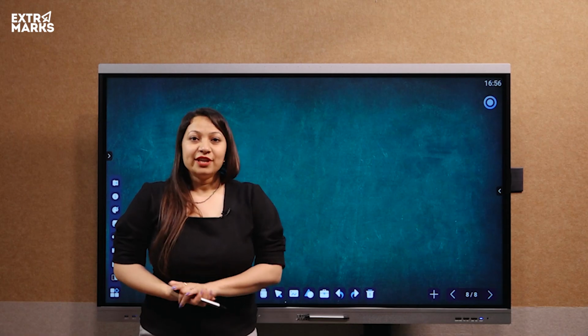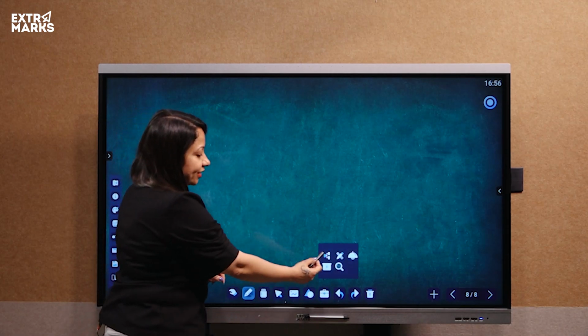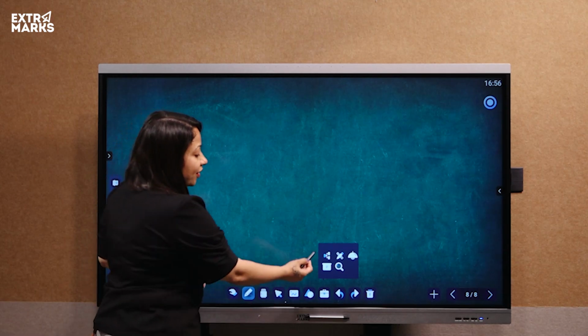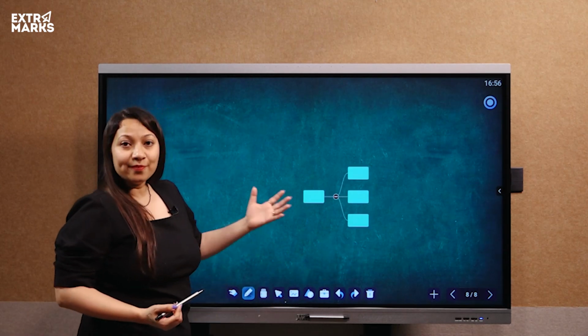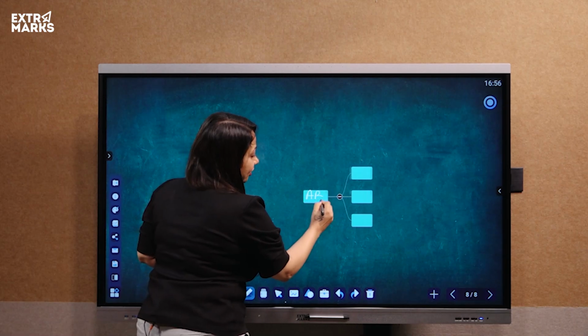So the next feature that we have is a business tool. The moment I click onto it, I get multiple options. The first option that we are going to explore is the mind map option. So I can create a mind map in the classroom.